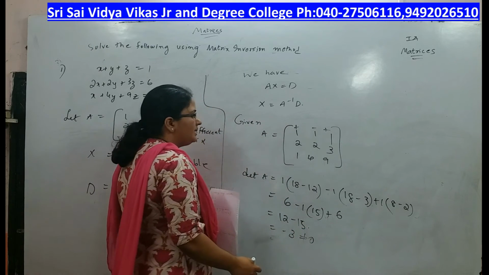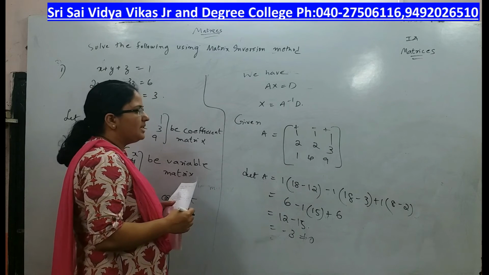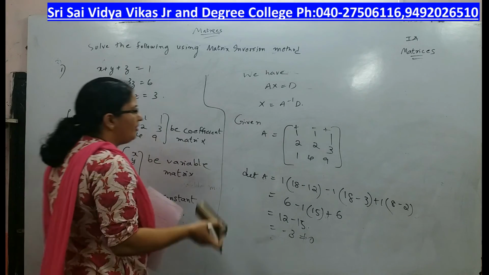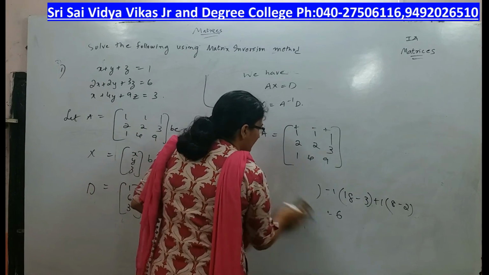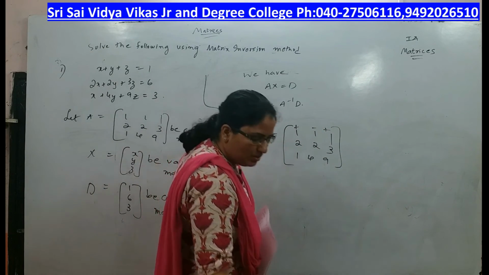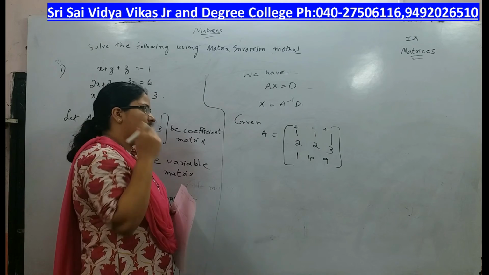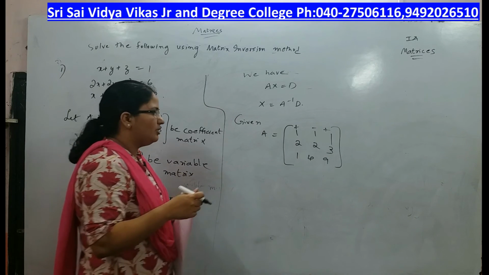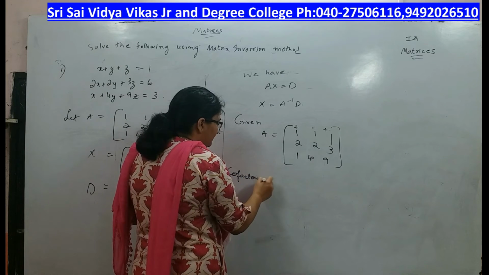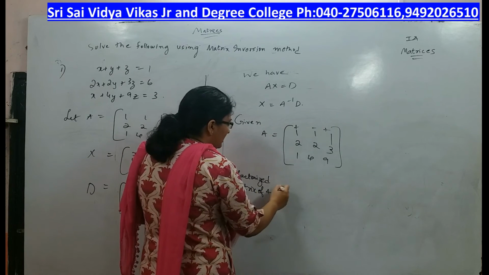So A inverse exists. Now we have to find adjoint of A. What is adjoint of A? Transpose of the cofactor matrix of A is adjoint of A. We have A is equal to [1 1 1; 2 2 3; 1 4 9]. We have to find first the cofactor matrix of A, then find the adjoint of A. Cofactor matrix of A is equal to